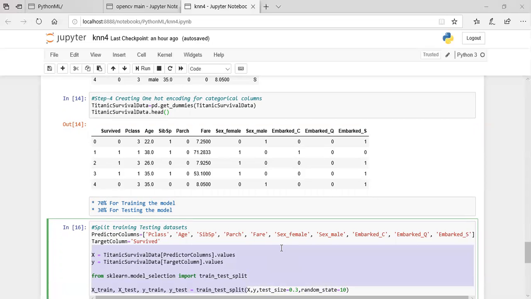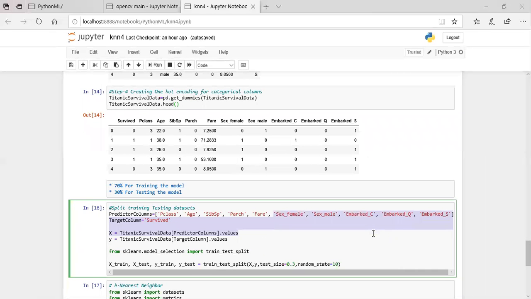You have to predict our columns, passing the column names here: passenger class, age, parch, fare, sex male, female, embarked class, embarked Q, S. And the target variable is our class name, survived.